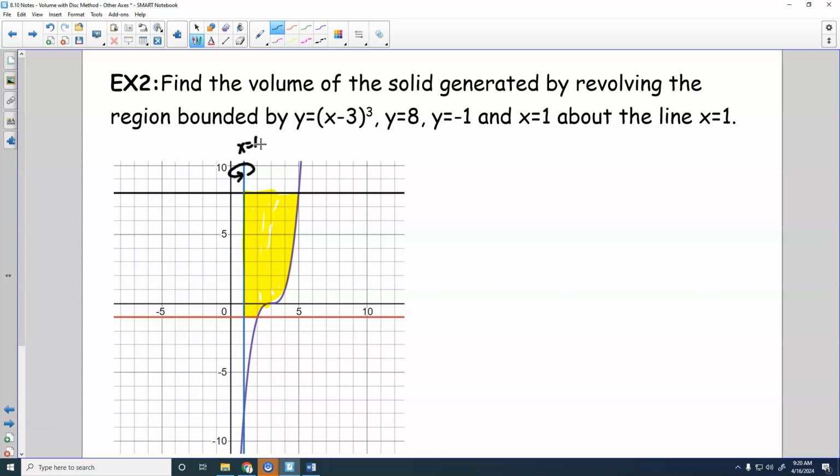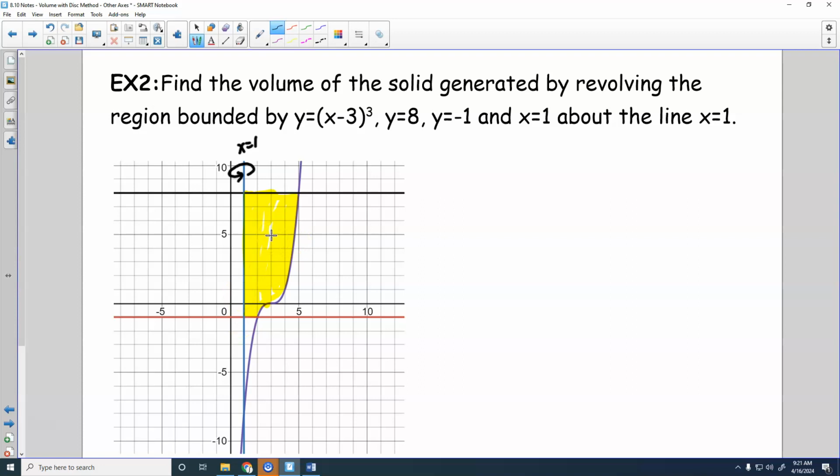So, for this, is it going to have a hole in the middle of it? It is not, because whenever we rotate around, our figure touches the axis that we're rotating around the entire length of the section that we're looking at, right? So whenever you have that,